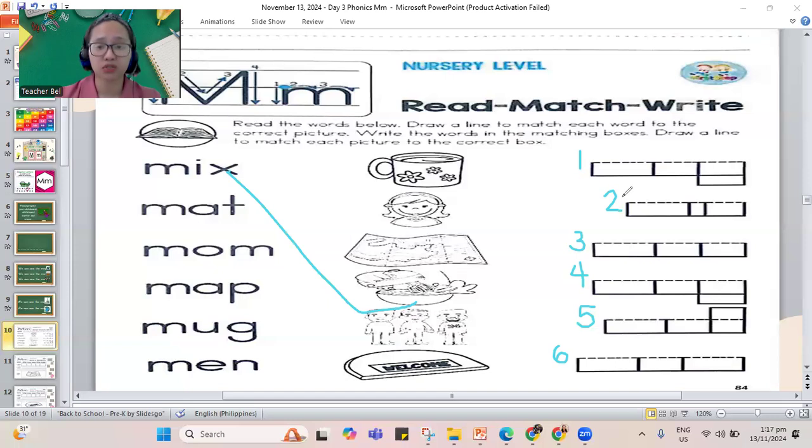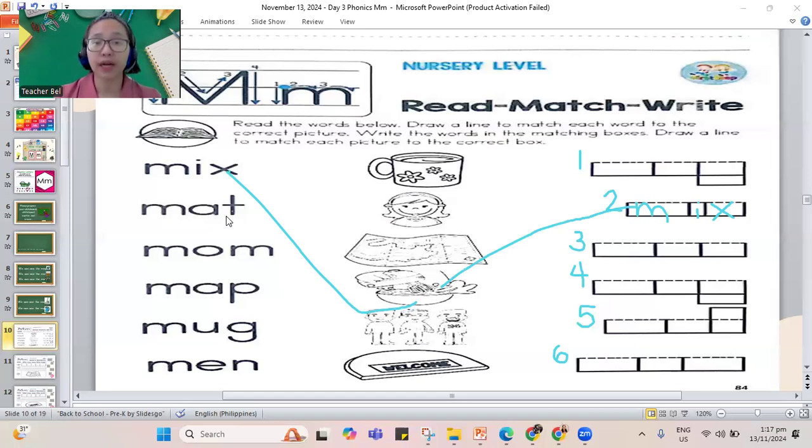Mix can fit in number 2 because we have M, it's a wide letter. The I here has a small space for I to fit. And your letter X. Don't forget, make a line for your mix here. See? That's your mix. Okay, the next one. We have mat.